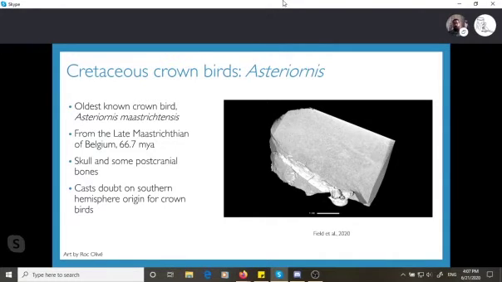So this fossil, we came across it while I was looking for some other specimens for my PhD research. And it's at first fairly unassuming. There are some blocks with some long bones sticking out of them, but it wasn't until my supervisor and I CT scanned them in Cambridge that we essentially realized that it had a complete, or almost complete,